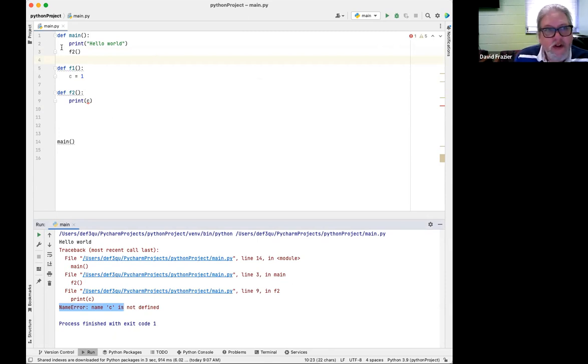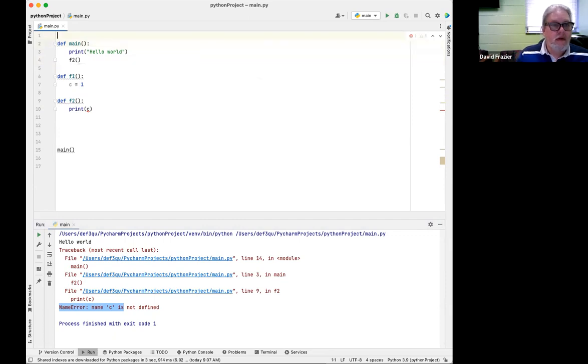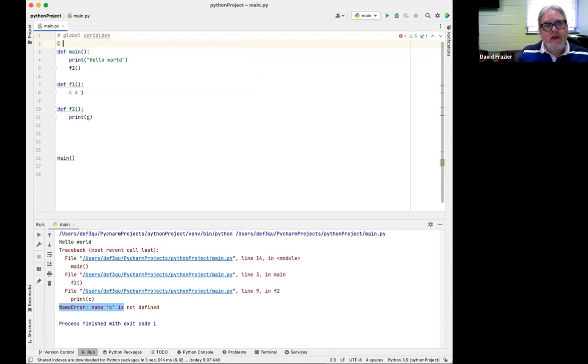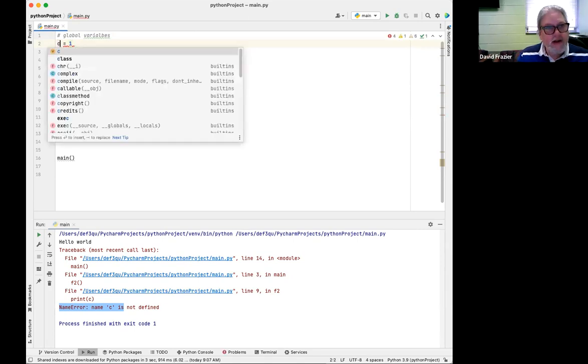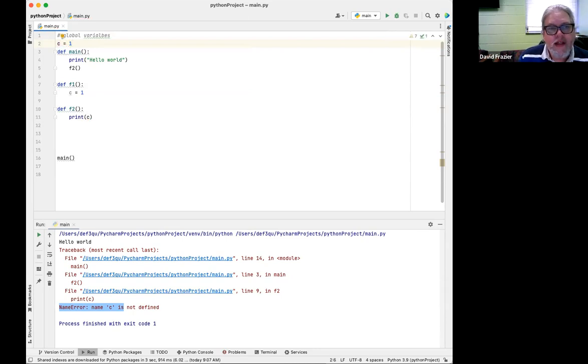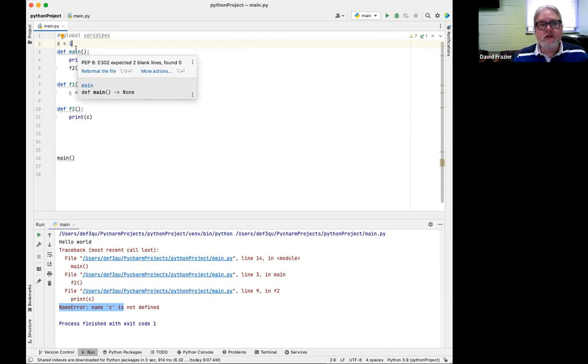If you want a global variable, you could define global variables outside of everything. And I would just use a capital letter because that's what's done in other languages. You don't have to, but by making it all caps, you denote it as a global constant. And if it's not a global constant, you can just define it here, and that would be fine. That would fix your problem. So that's what we have to do as far as the scoping goes.